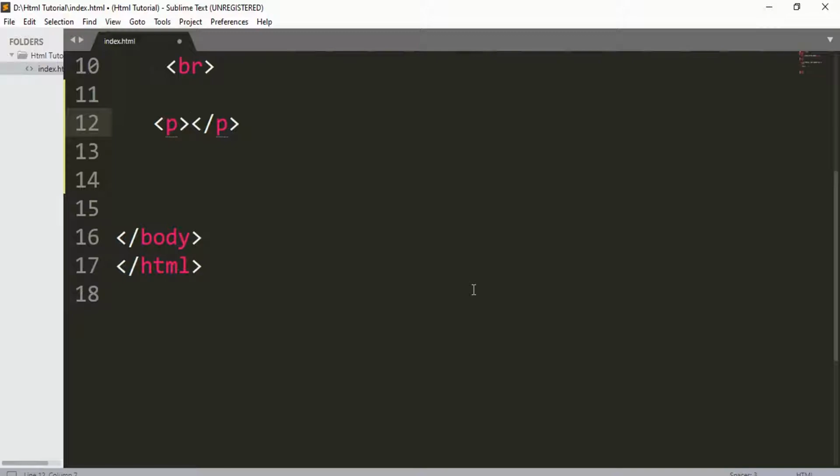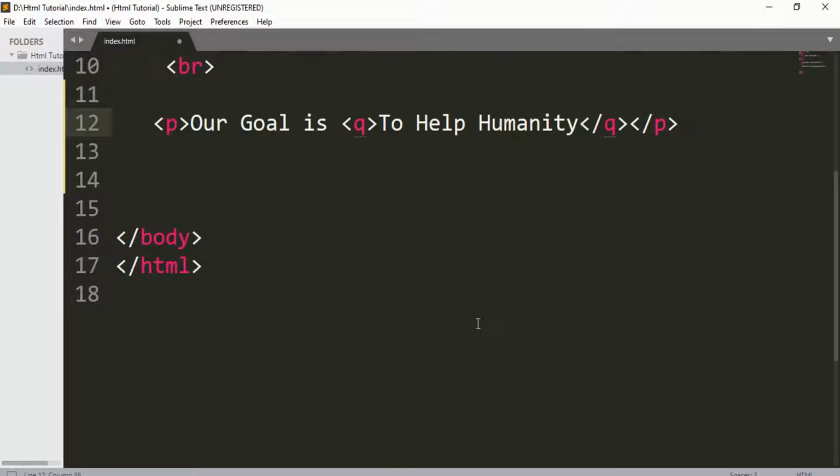Let me write: our goal is, and now let me write Q. Q stands for quotations. Okay, so our goal is to help humanity. Okay, so let me save it,